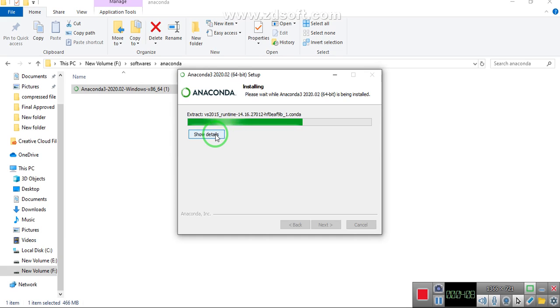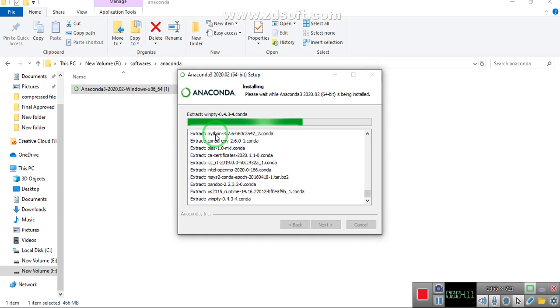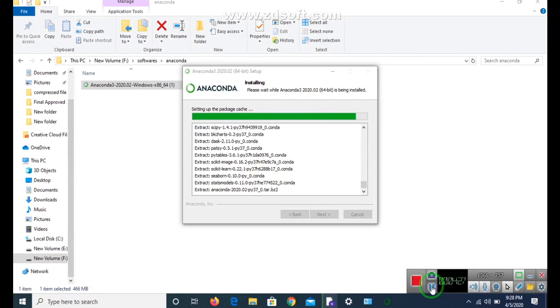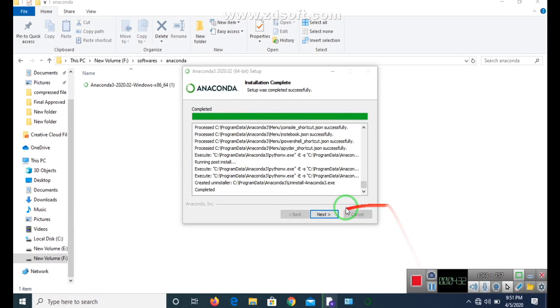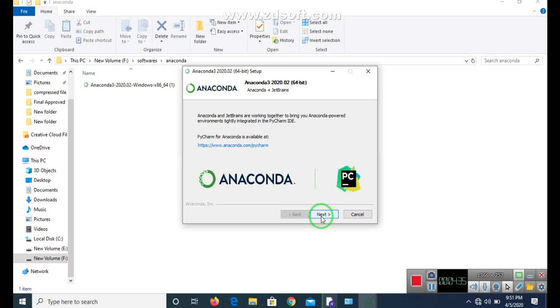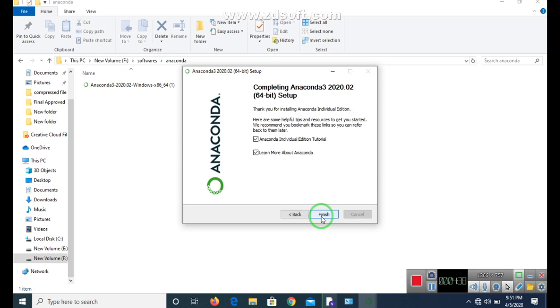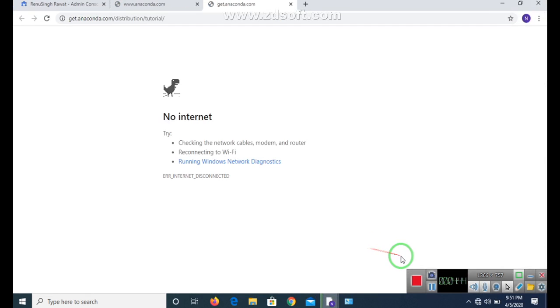You can click on show details, it will show you the details, and the process will continue. This process will take a few minutes, so you have to be patient. Next, next, and finally say finish. So the process is over.